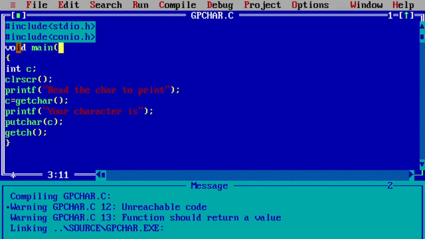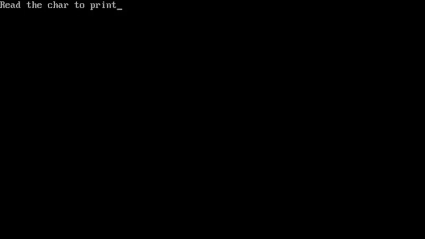See here, as we have discussed many of the things, that is keywords. In this program the keywords are void and int, which display in white color. So remember these things. Your character, I wanted to display J. Yes, your character is C. Because getChar and putChar help you to read a single character and to display a single character.